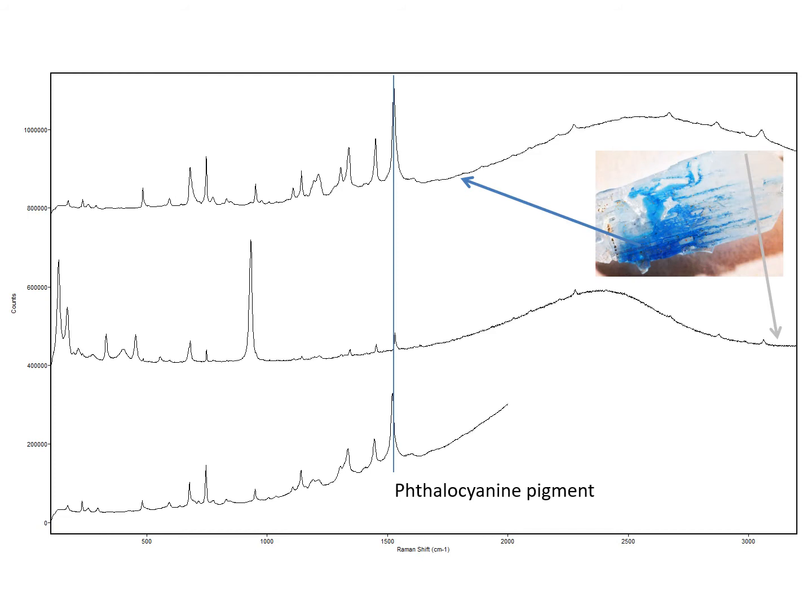Here we have three different spectra. The upper one is the concentrated area on the surface, showing the spectrum from the phthalocyanine blue coating. The bottom is the phthalocyanine pigment standard that Andy used for comparison. And the central spectrum was collected in the upper right-hand portion of the crystal here, where there's no obvious pigment on the surface, but we can still see peaks that don't match hemimorphite, but match the Raman spectrum from the phthalocyanine. So all you need is a very, very thin coating, something that's actually not even optically detectable, and you can identify this material. It's such a strong Raman scatterer, and thus Raman spectroscopy really is the ideal way to